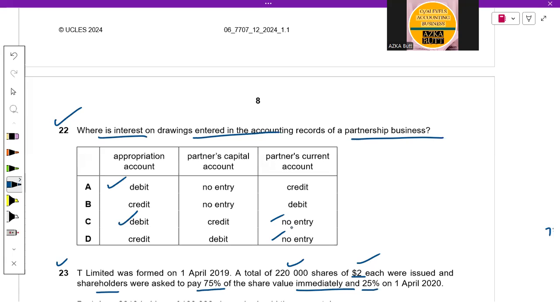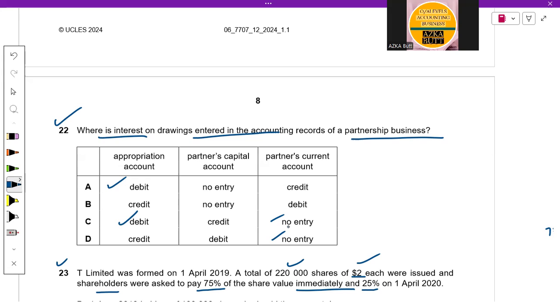Okay, so basically, interest on drawings is credited to the partner's current account because it represents an amount the partner owes to the business, which reduces the balance of the current account. And the appropriation account is debited because the interest on drawings is considered an addition to the partnership profit, which is a part of the profit distribution